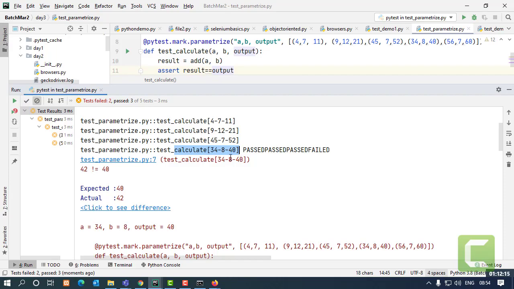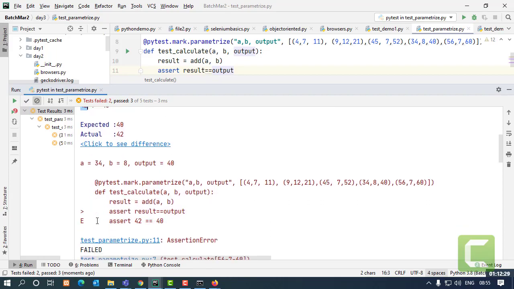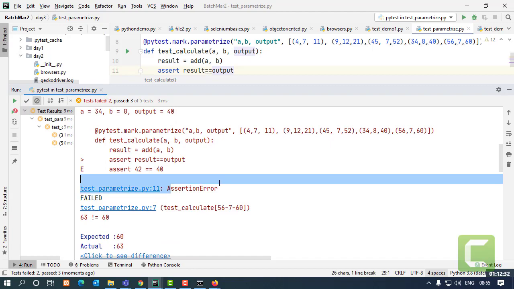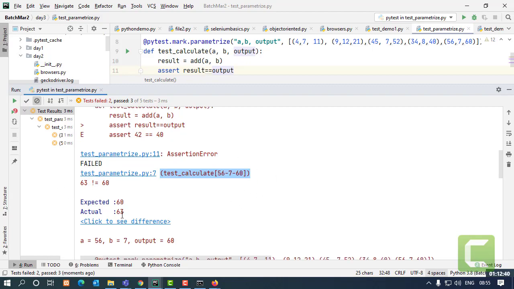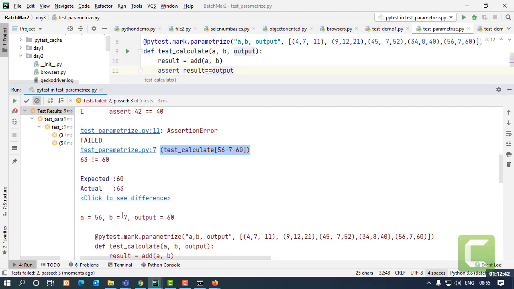So over here it says this is the data set which has caused the error. Why has it caused the error? This is the actual result, the computed result, and what I have given is not matching. So because of that, it has failed my test case, giving me an assertion error. Same way, there was another data set which was also having a wrong value this way, and that also failed.